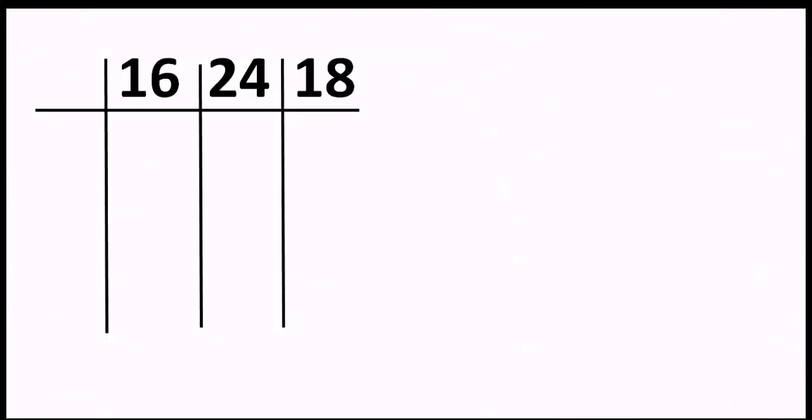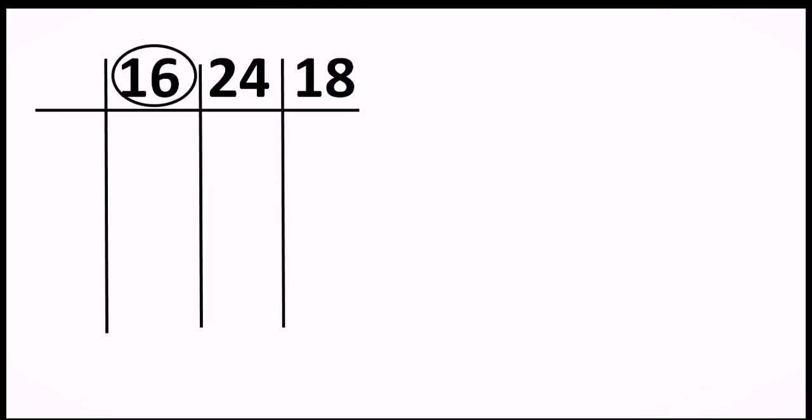Okay, so let's begin. The numbers are already there on your screen, right? 16, 24 and 18, and I will try to find their prime factors first. All the numbers are even, right? So better to choose which number? Yes, of course 2. 16, 24 and 18 being even numbers, I'm going to choose 2, right? When 16 is divided by 2, we get the answer 8. When 24 is divided by 2, we get the answer 12.